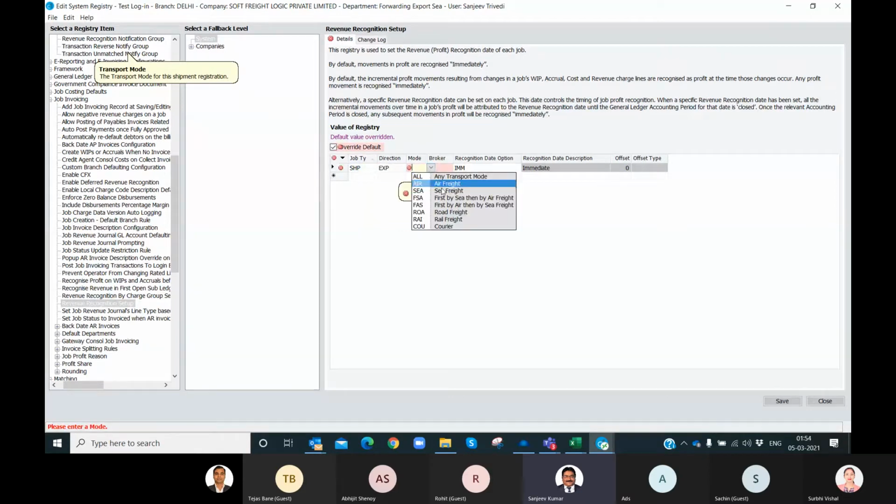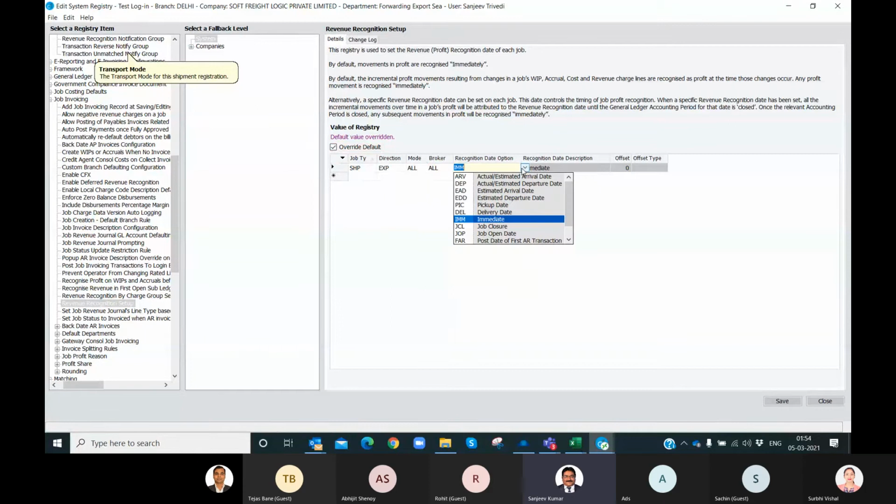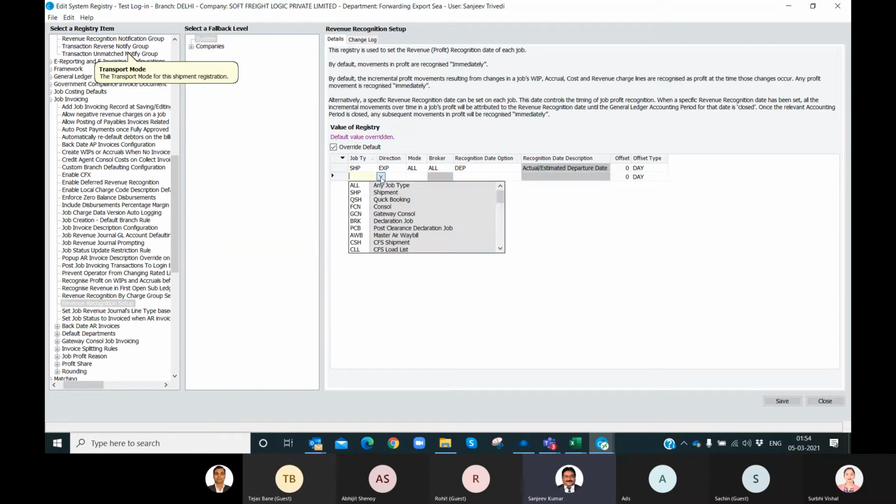Broker, it will ask all brokers, suppose. Now for export, if I want actual departure date, even offset days can also be made, like 3 days, 4 days.